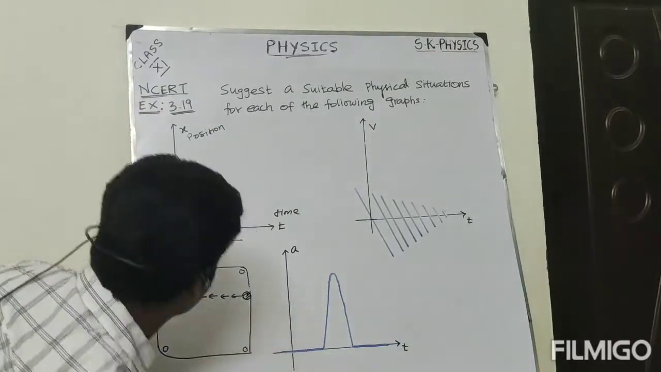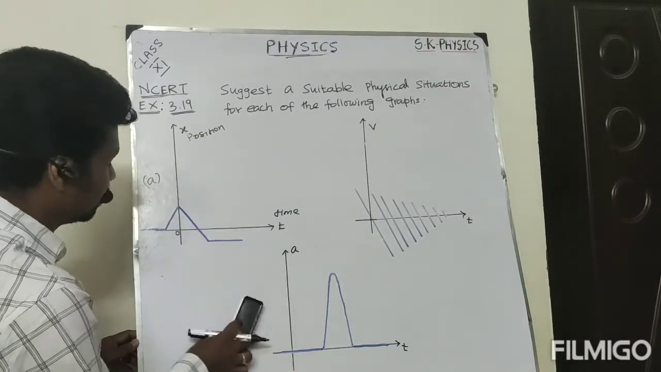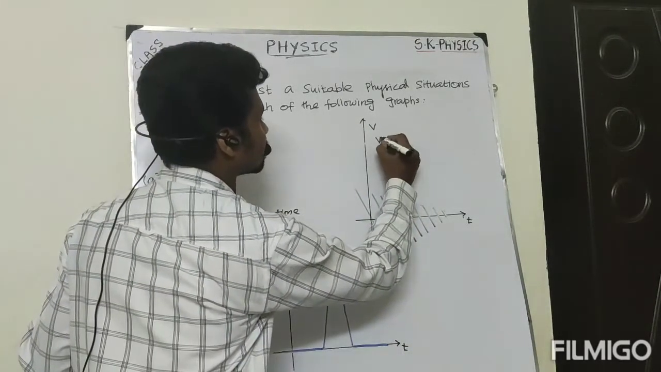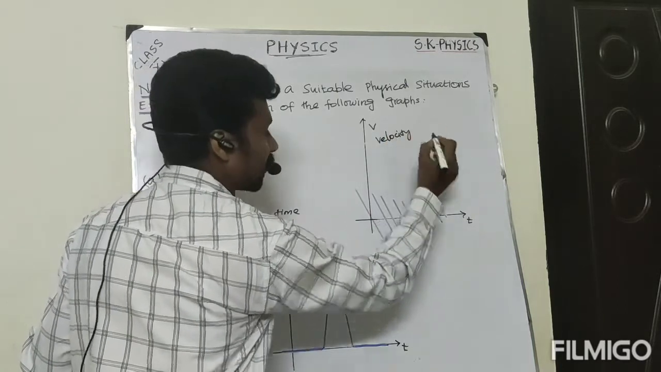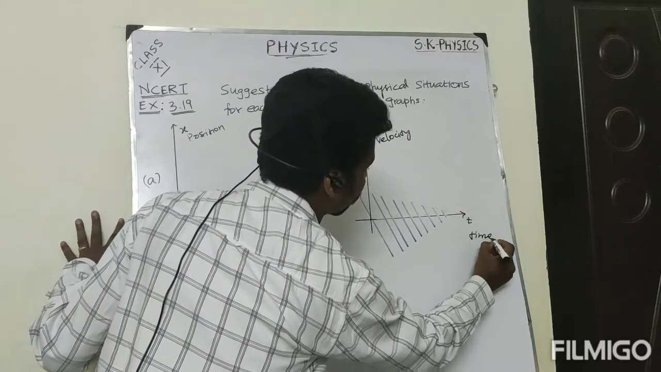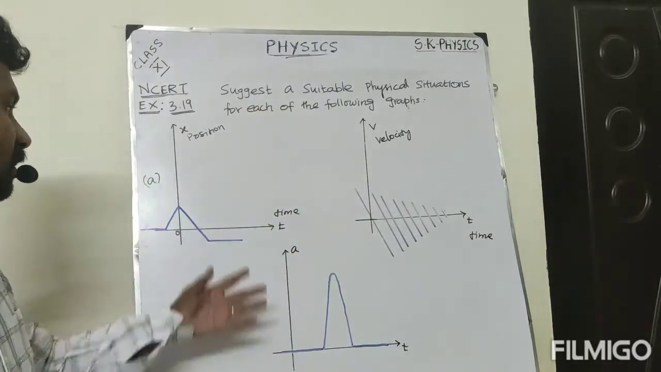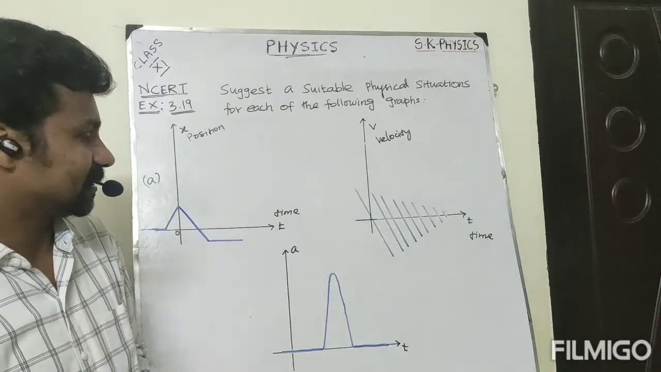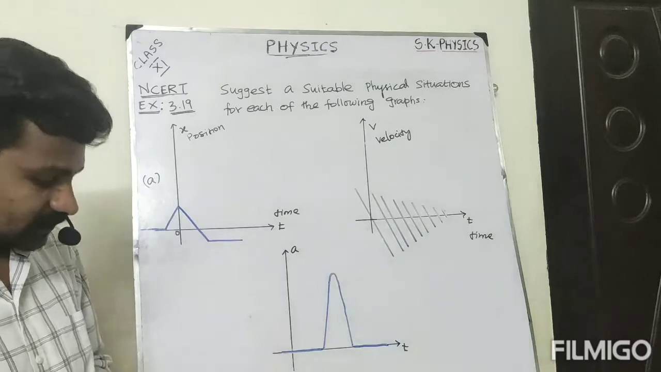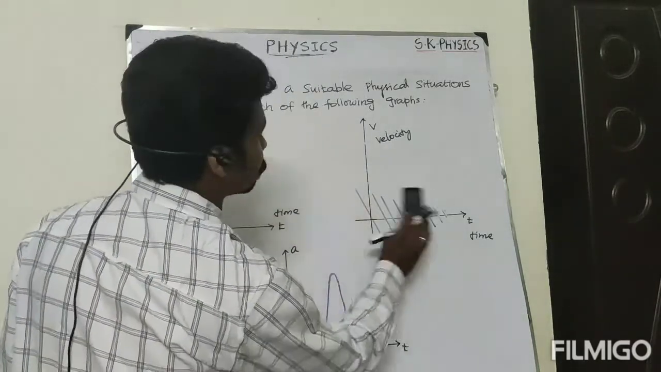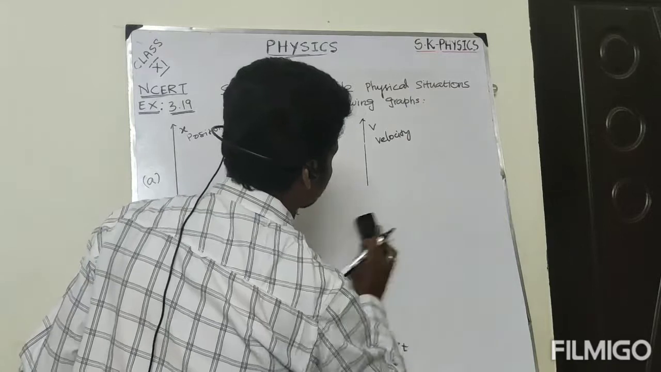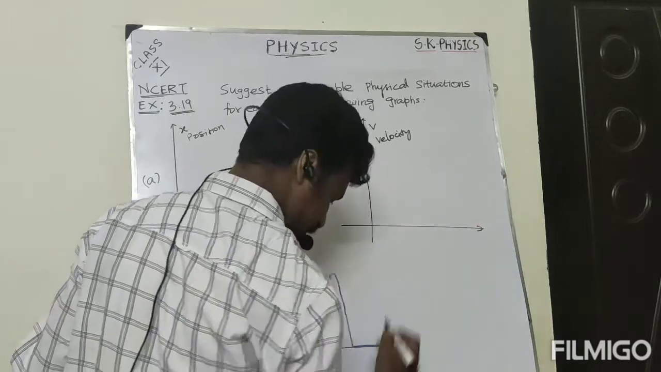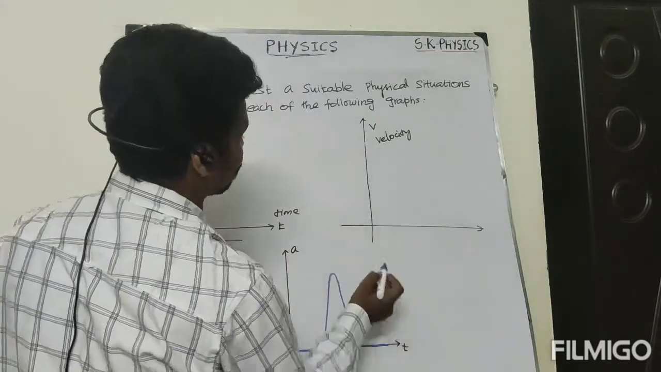See the next one. Listen. The next one is a graph between the velocity and time. Velocity and time. Then how can we approach this question? It is interesting. Listen. For your convenience, the same diagram. So actually the graph is given as